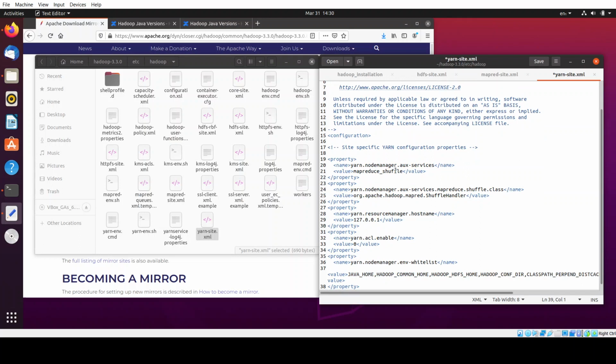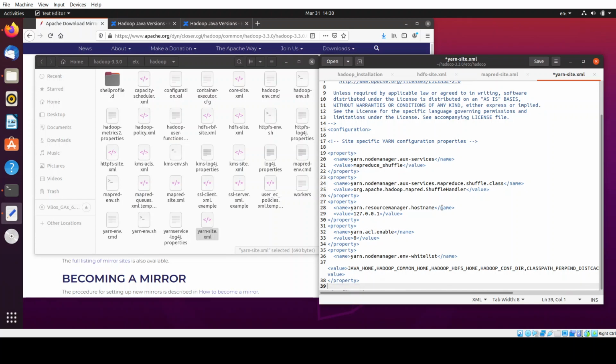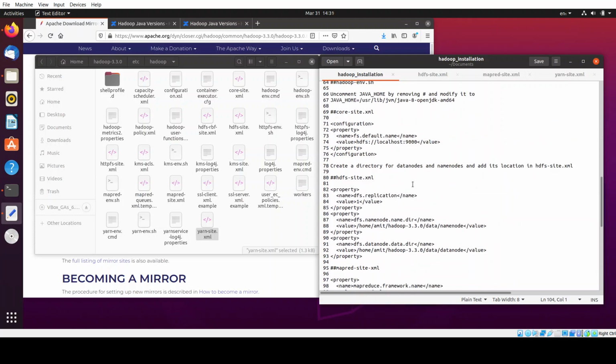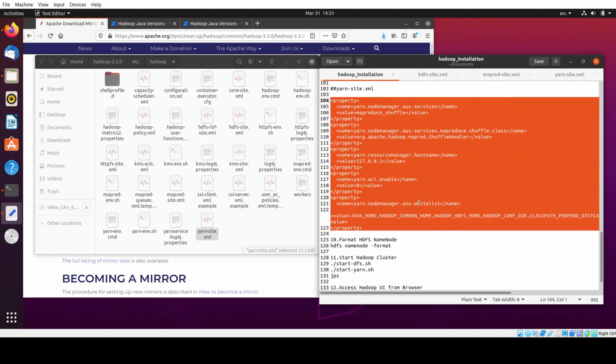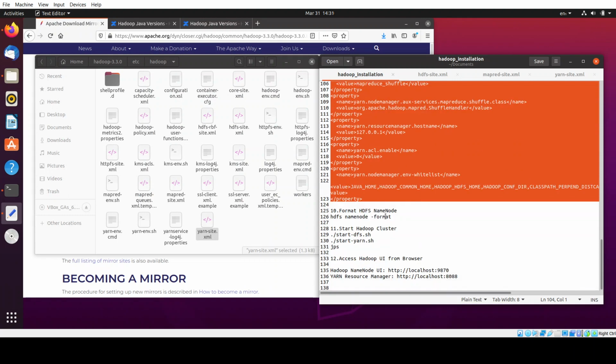Yarn node manager, no need to modify, no need to modify this as well. By default, the host name would remain the same, I think, and so no need to modify any of these things, just save it. Okay, so we are done. So yarn-site has also been modified.